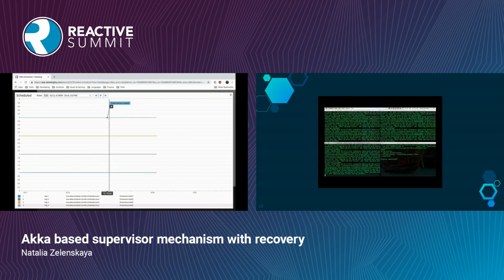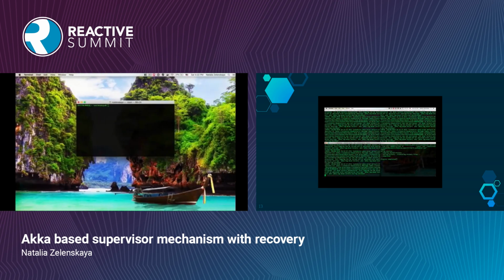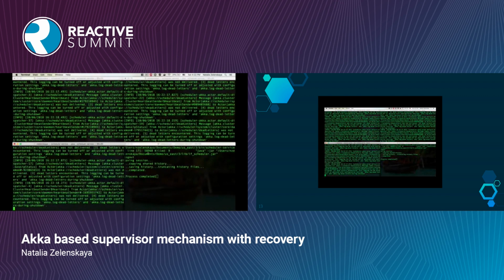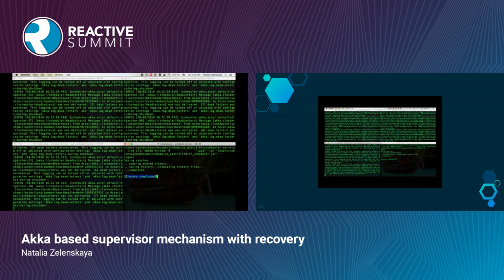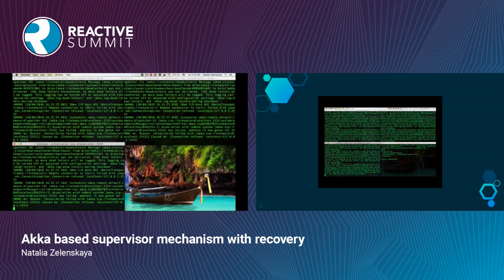We're going to shut down node number 3, which has 3 stateful actors, and we're going to see how it's going to be picked up by all other hosts and redistributed among them. So I'm going to shut down node number 3. And we will see that there is some activity going on. So all 3 nodes, which is 1, 2, and 4, are trying to connect to the failed node number 3. But they get connection refused. So we'll see this in the logs.